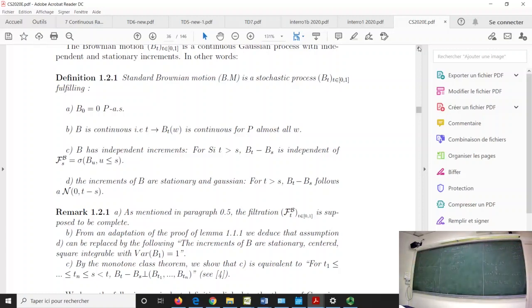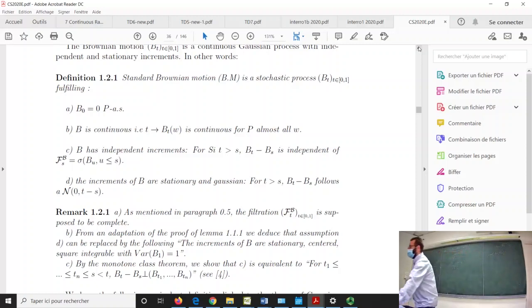if it was B_T3 follows N... Nothing was wrong. The only thing that you have to keep in mind, if you do what I have done previously, that is to try to plot directly B_T3. Okay? So all I have written is okay. B_T3 can be written, let's say, as the square root of T3 times G2. The only difference is that I won't have the independence. Why? Because if you compute the covariance between B_T3 and B_T2,